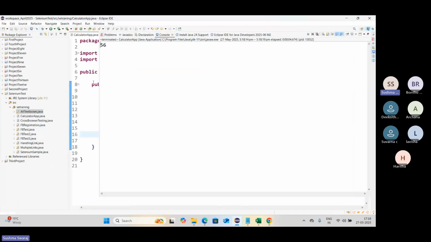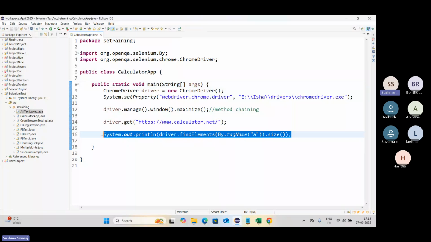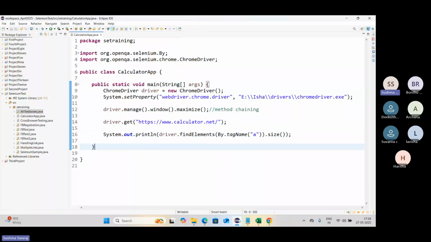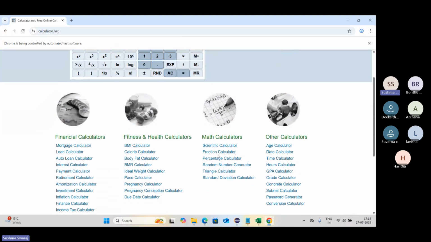Okay, there are 56 links. So it's straightforward. There are no cookie pop-ups and all. It's a straightforward one. Okay. And also, for example, I'll go to